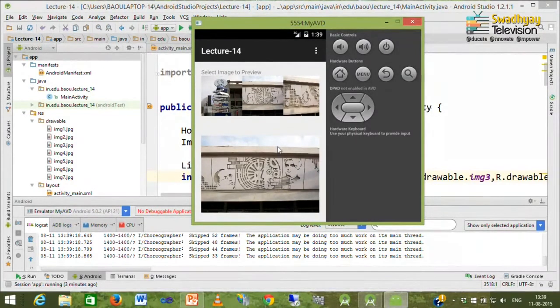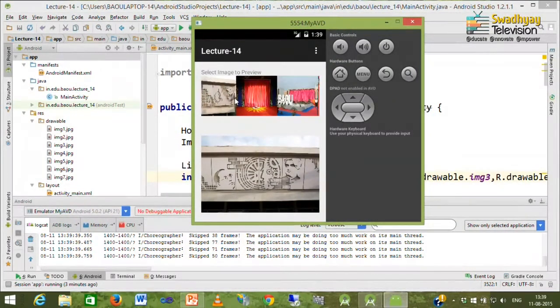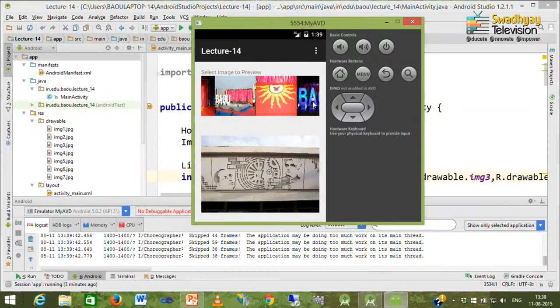Here on screen you can see we have this horizontal scroll view where our 7 images are loaded, and you can scroll them: 1, 2, 3, 4, 5, 6 and 7. These images are actually inside the linear layout, but this linear layout is placed inside the horizontal scroll view.